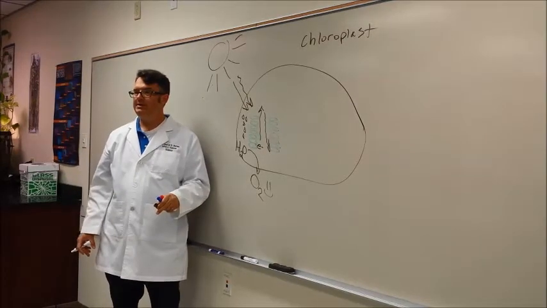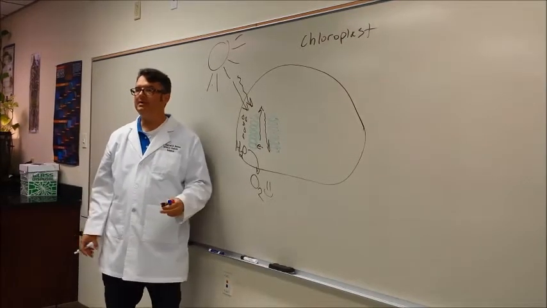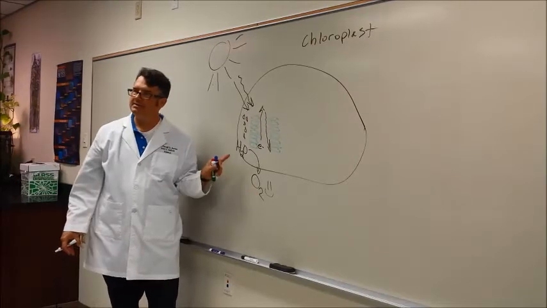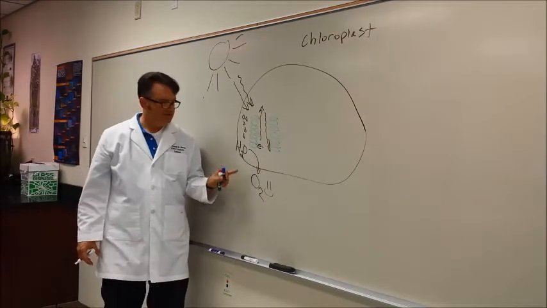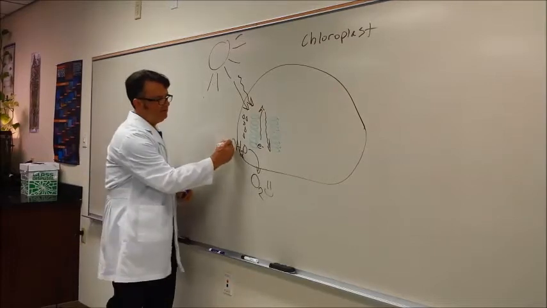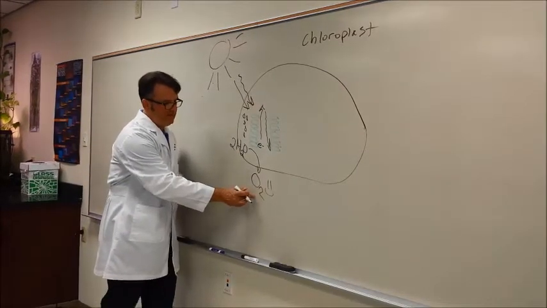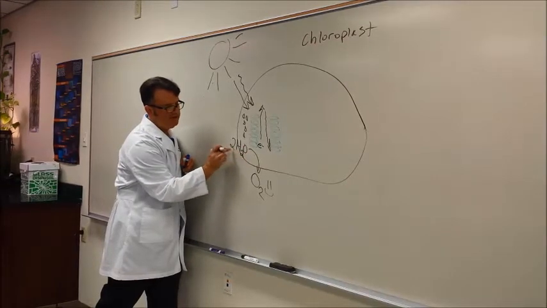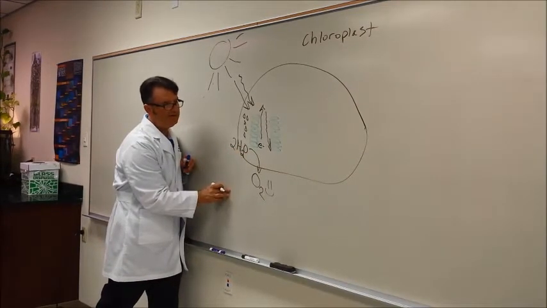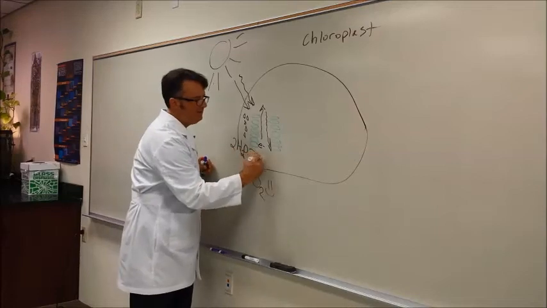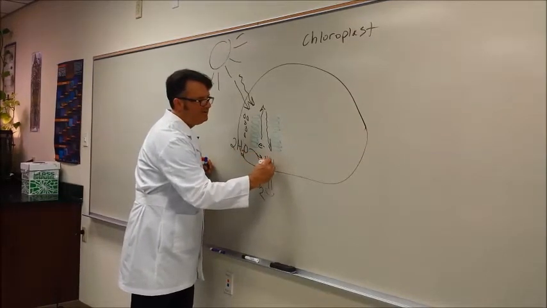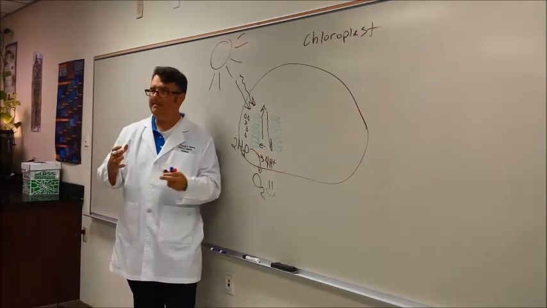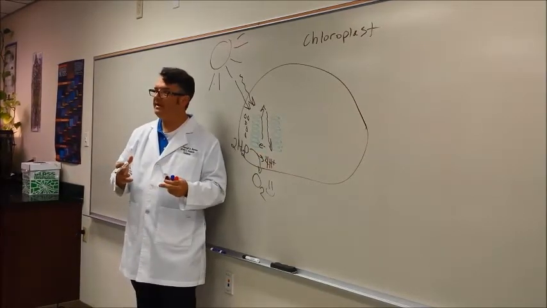H2O. Say it out loud. H2O. H2O. Right here we have O2. What's missing? H, right? So when we break this water molecule into oxygen, if we have two of these oxygens, how many hydrogens are we going to get? 2 times 2 makes what? We're going to get 4. So there we go. There are 4 hydrogens here available, and these electrons help pump hydrogens across a cell membrane,